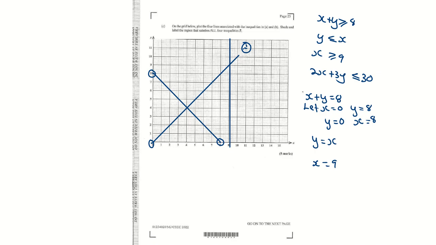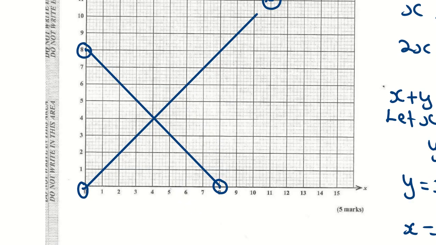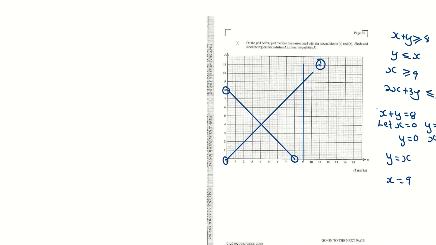Let me make that back. Right, I'm going to zoom in at where x is equal to 9. X, yeah, x. Wait, x there. Then we have, excuse me, this one here, which is